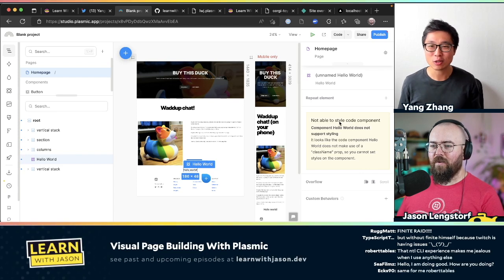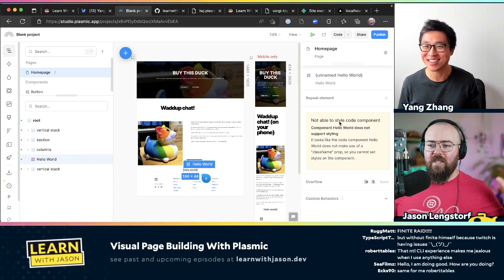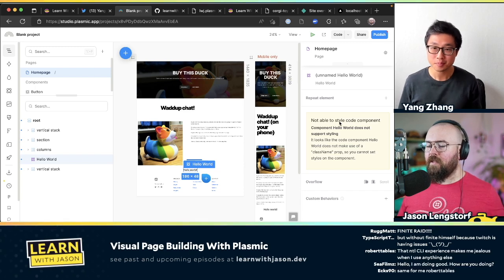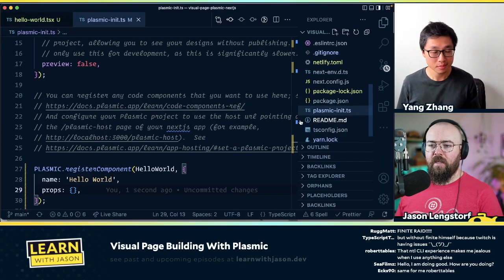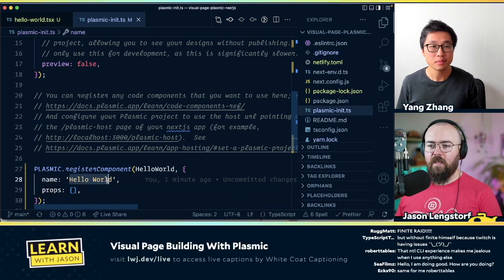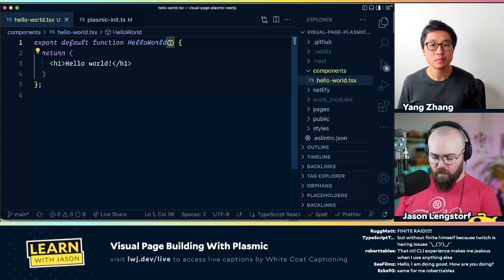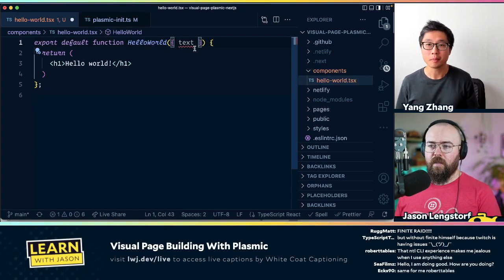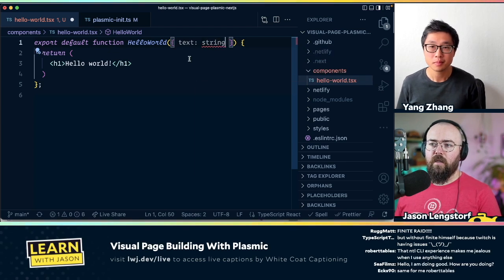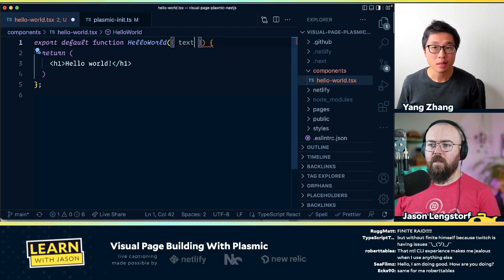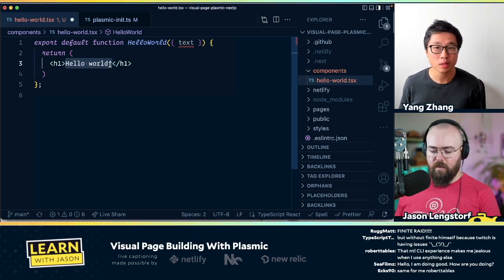So that's great. So now I can see how quickly this starts to become powerful, because if I've got a design system, I'm now pulling these in, and what I have to configure is a map of, okay, my design system here takes props. So let's update this to include some text, and that's going to be a string. String is declared, but its value is never... oh wait, that's not how this works. No, that's okay. So actually,